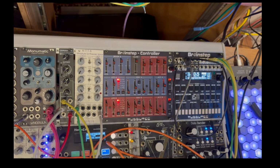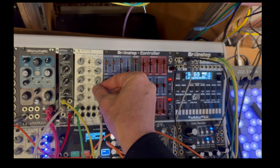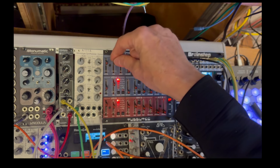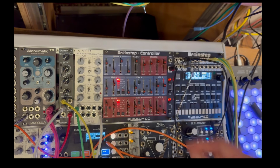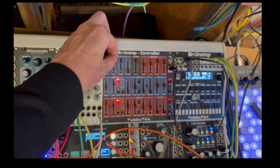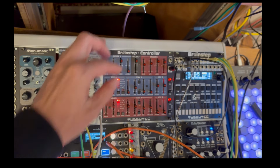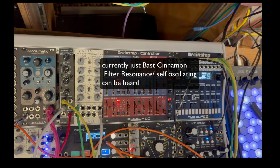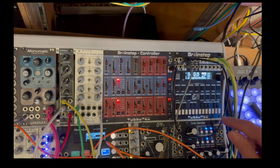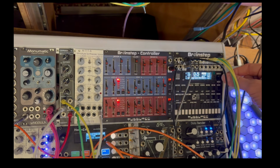Okay, this is Brainstep, and Brainstep is meant to be a modular brain of a system. Right now you can hear an LFO, and its amount can be adjusted by this controller, and lots of different modulation sources can be adjusted with this controller, but they can also be adjusted in the